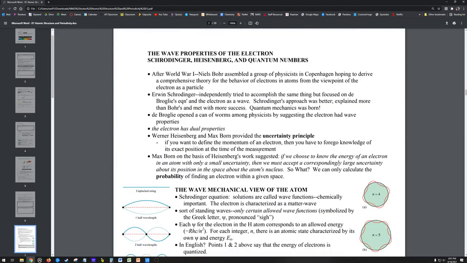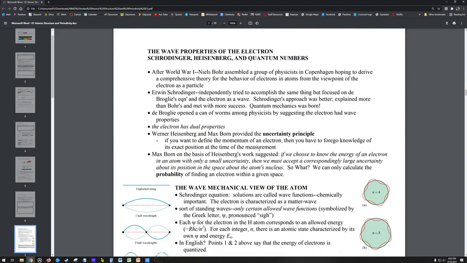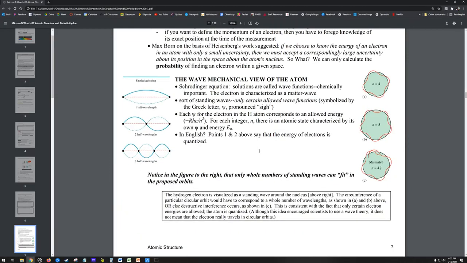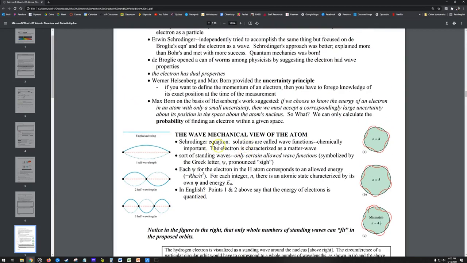I'm also going to skip some of this stuff on the quantum mechanical model. So basically, Erwin Schrödinger studied waves and how they mathematically describe what we're seeing in the orbitals. There's a solution to these equations called the wave function, and it has a symbol here, which looks kind of cool. And it basically